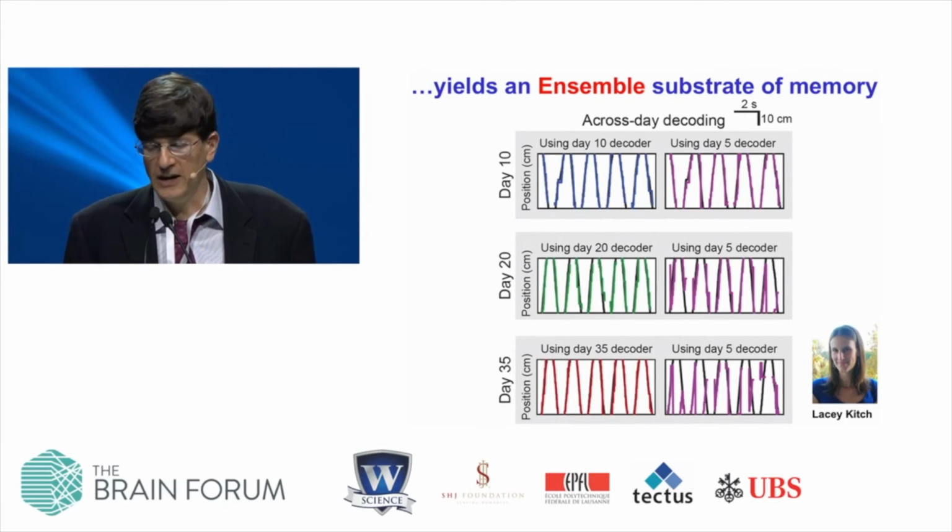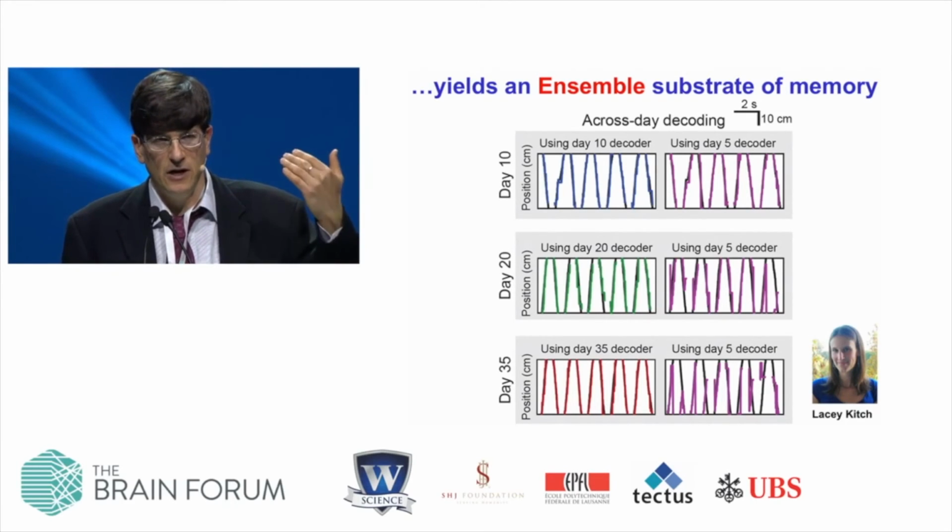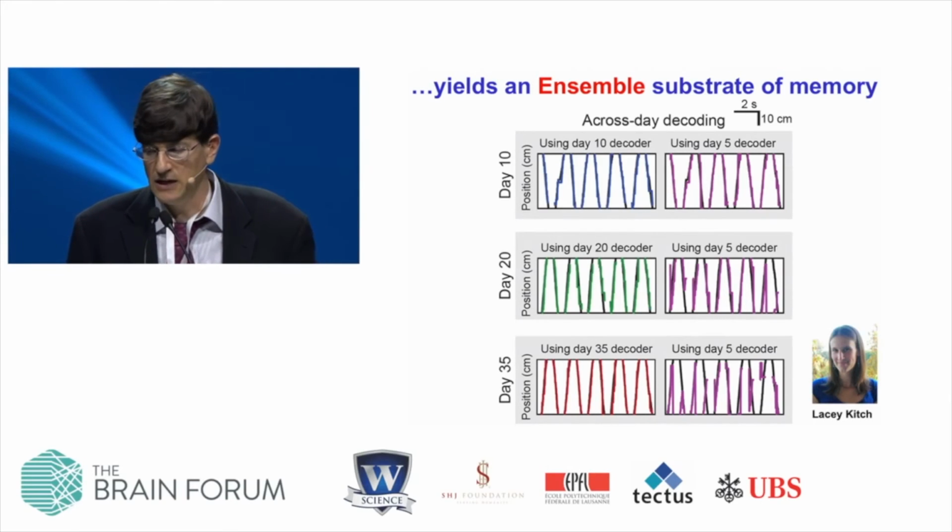So if you look at the last row, Lacey has taken the data from a month ago, used that to build the decoder, and then applied it to today's imaging data set, if you will. And you can see there is some decline in the fidelity of the reconstruction. Nevertheless, it's highly statistically significant, indicating that at the ensemble level, the map of space is persisting for about this